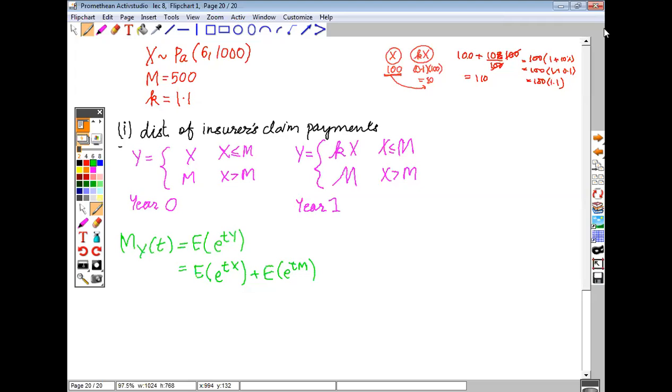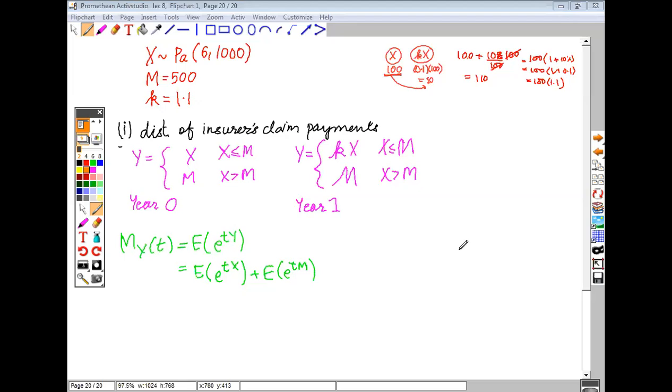I think it should be K squared, because if it goes by the logic of 1.2, I just directly added 0.1 to it. Can you do that? I don't think so, because if we go by that rate, then the inflation will just go on increasing like crazy. See, that is one reason. This is fictitious, not reality, so they can give you something like that, but it does not make sense, as you rightly said. If you read the question properly, it says that the inflation is constant 10%